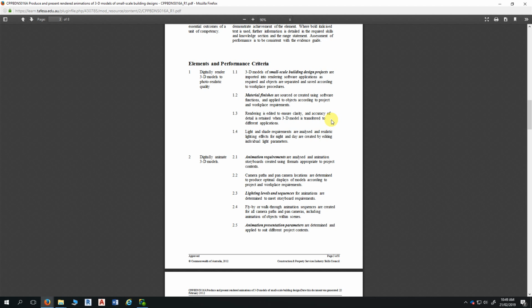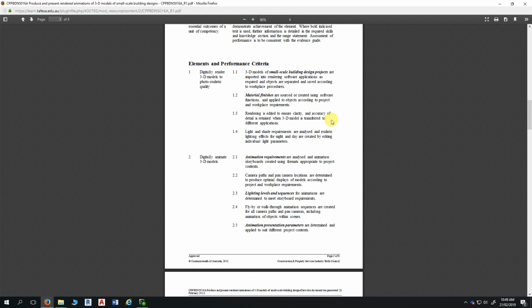And when I say set up, that means applying materials and finishes, adding an environment, so topography, trees, cars, roadway, driveway, landscaping, that type of thing, a context for the model, considering lighting conditions if it's external and internal, and once that's all done, we then do some still renders,